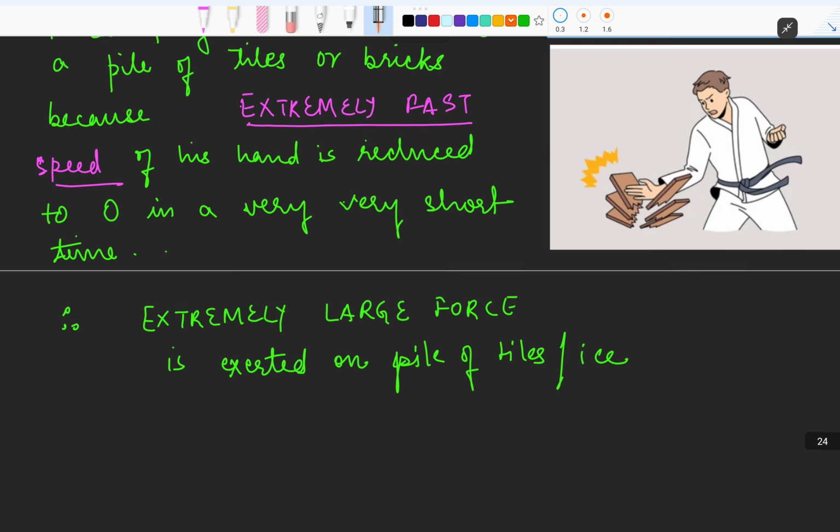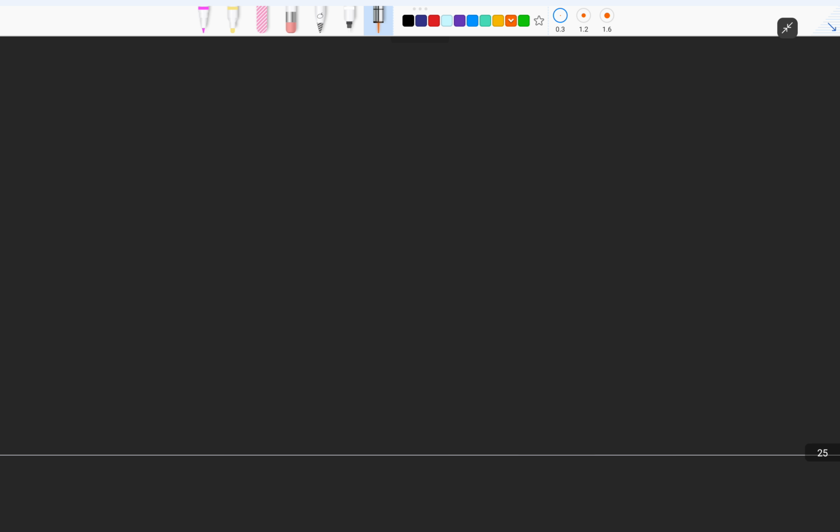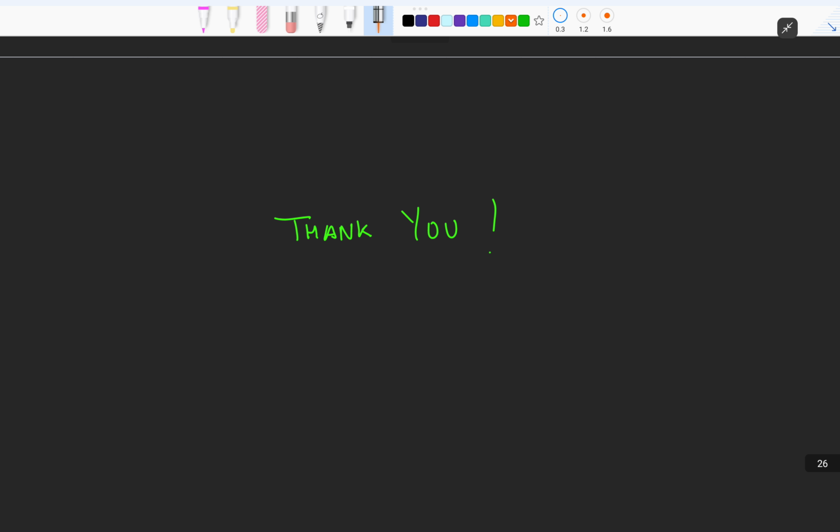Okay, that's about it on momentum. I hope momentum is clear to you. Momentum as a concept, what it is, it's nothing but the quantity of mass in motion, which can be measured by the product of mass into